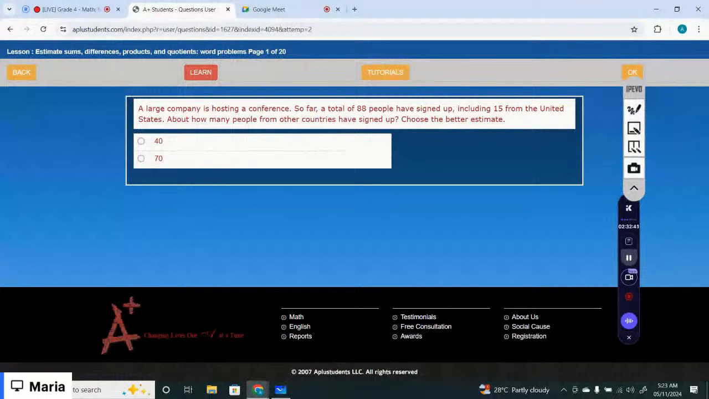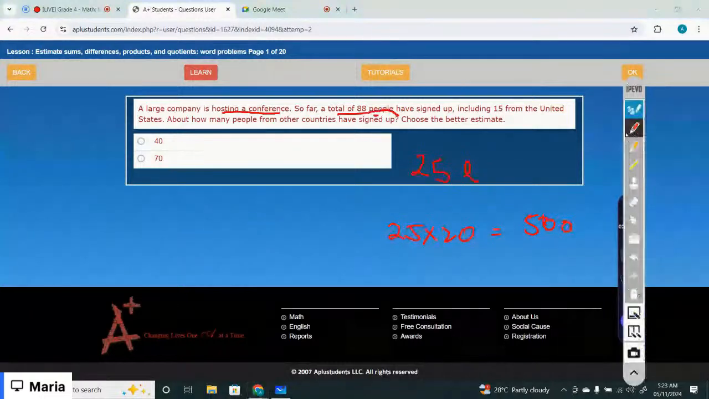A large company is hosting a conference. So far, a total of 88 people have signed up, including 15 from the US. How many people from the other countries have signed up? So choose the better estimate. The total people signed up are 88 and 15 of them are from the US. You have to calculate the people from the other countries. So